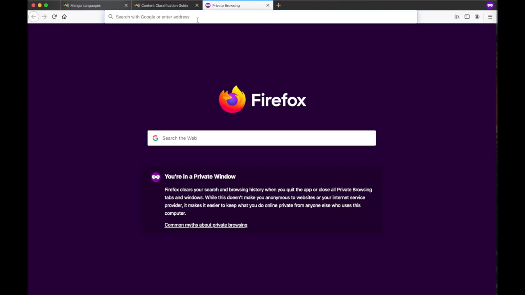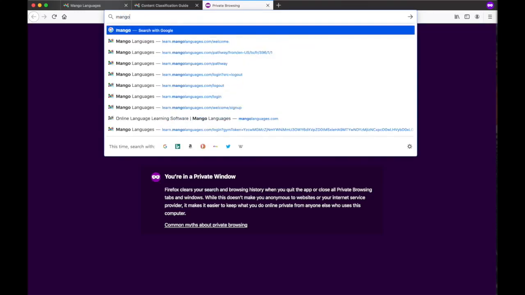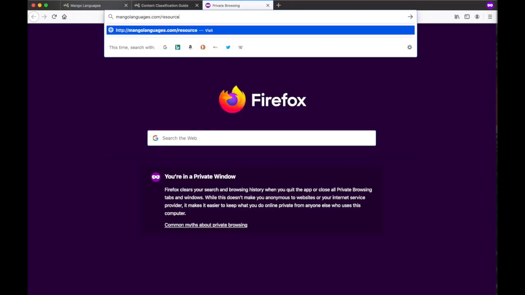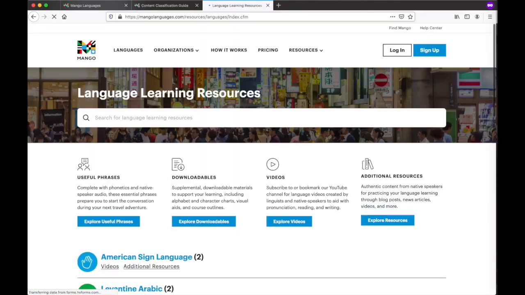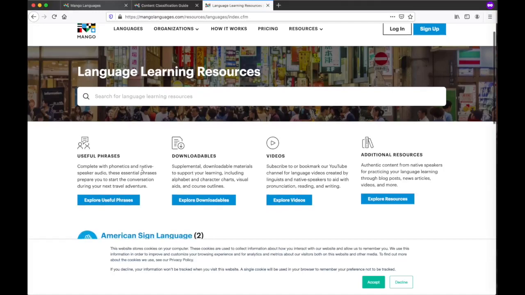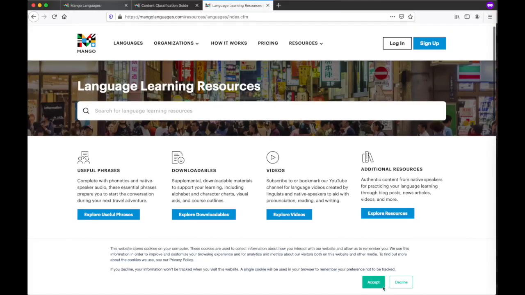So the website is mangolanguages.com/resources/languages. And if I go to this page, I can see there's a whole host,